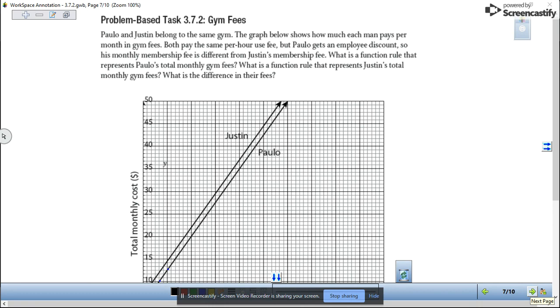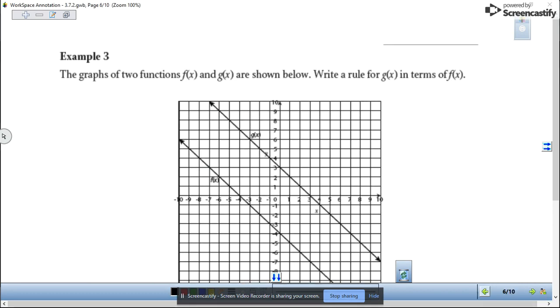All right, that's the test. So that was all the examples. Like I said, I think 3.7.1 and 2 are pretty straightforward. Stop me, ask me